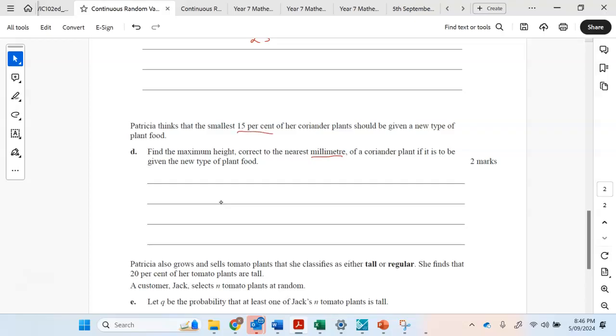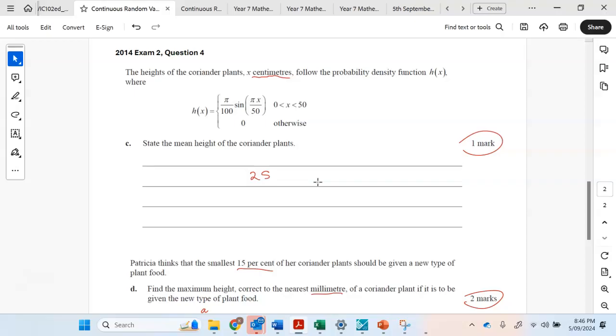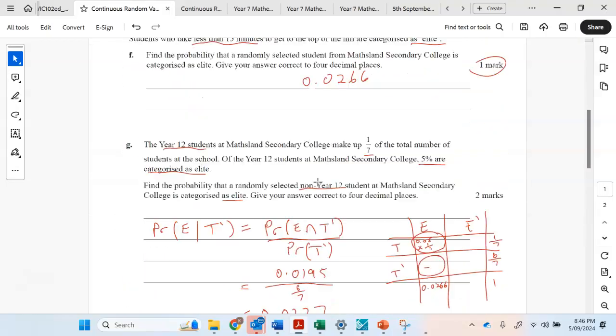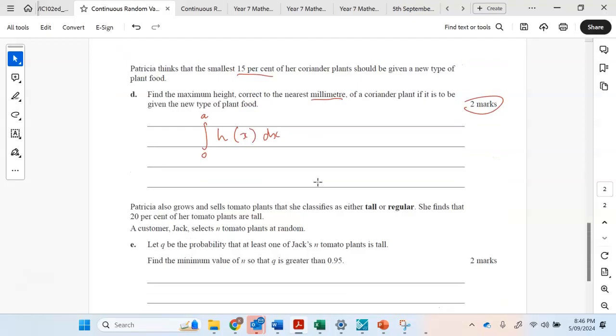So 15%. Remember, we're going to deal with not percentages, but proportions, so we've got to convert that to a decimal. Now, this one is worth 2 marks, so we've got to show a little bit of working out here. We're going from 0 to some upper limit. It hasn't defined what that upper limit is, so we can just call it A. And we don't have to rewrite the function because it's been defined. We can just leave it as h(x). So just be consistent. Always when you're working through these, be mindful of the variables being used. The previous one was m(t), so we had to do it in terms of t. Here it's h(x), which is great. And that is equal to